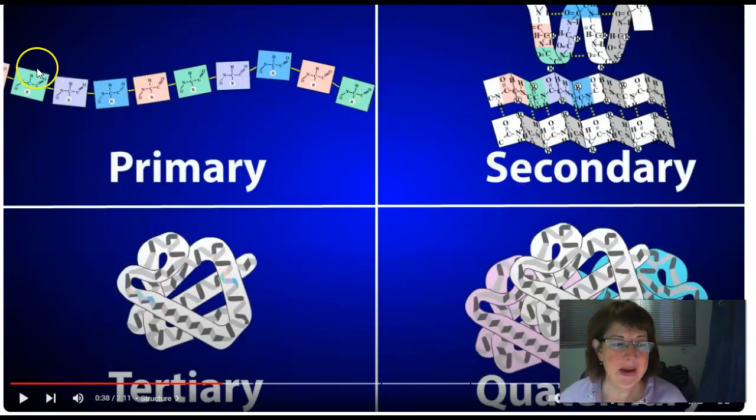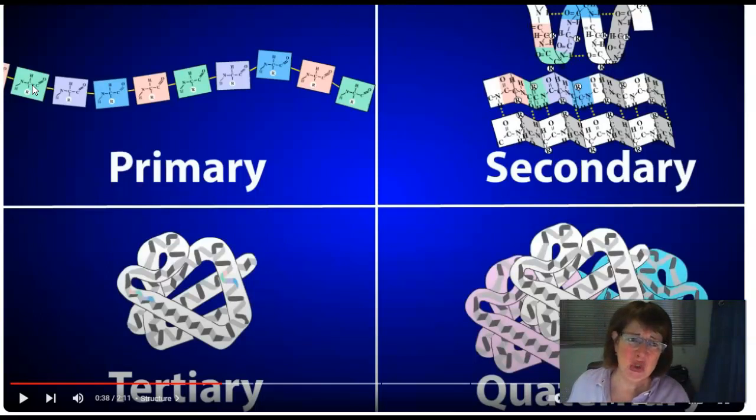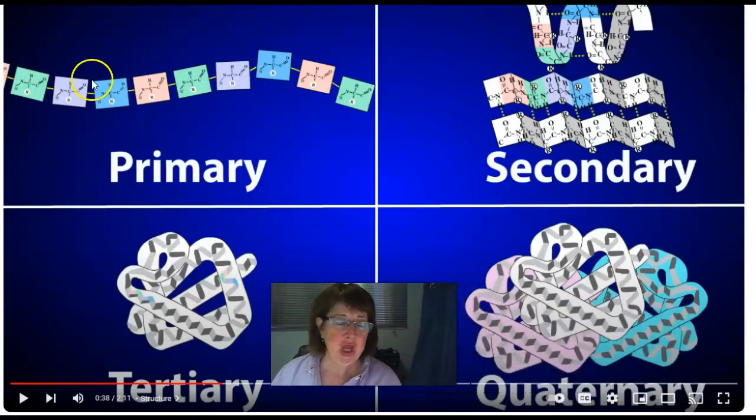So, the amino acid is the repetitive group in the protein. And there are 20 amino acids, just sort of like the letters in an alphabet will make up words, and words can make up sentences, and sentences make up paragraphs, and paragraphs can have different ideas. This is sort of how proteins work. So with proteins, you start with the primary structure, which is just the coding of the amino acids as set out